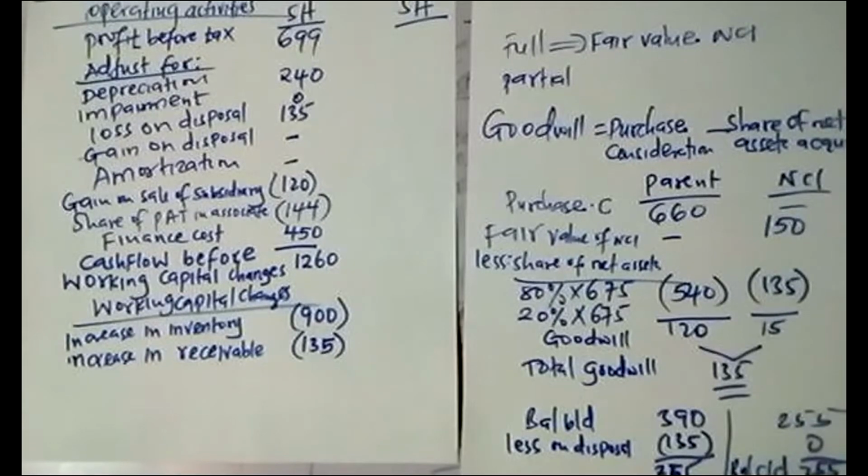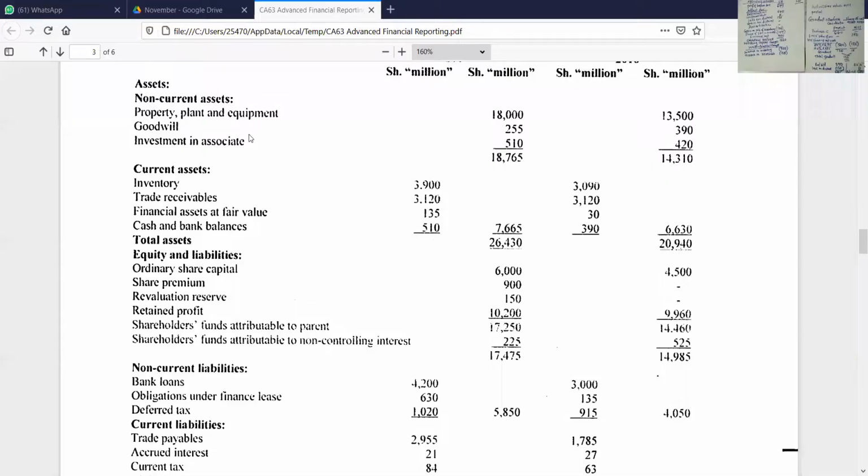If there's prepayment, so under these current assets, the only things remaining are financial asset at fair value and the cash and bank balances. Those are cash and cash equivalent items, including bank overdrafts. The financial asset at fair value is one example. Also, we call it short-term investments. We have cash and bank balance, and also we have bank overdraft, but that one, maybe it would be under the current liabilities.